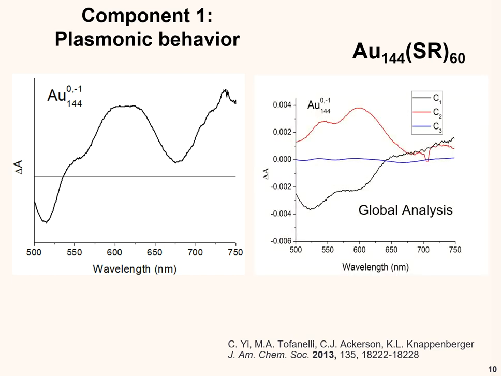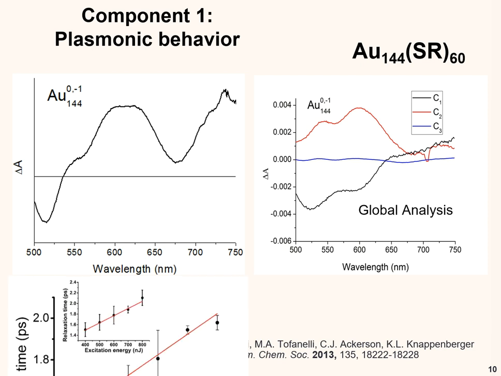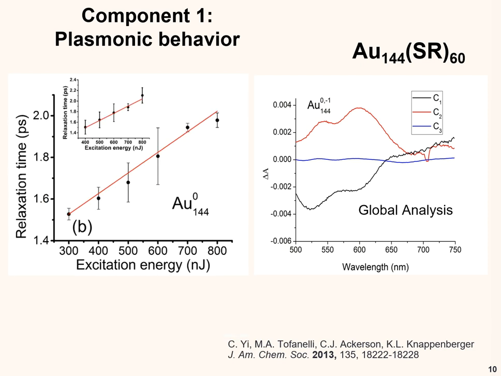For the second part, we have to use a somewhat special method to analyze the data, which I call global analysis. By decomposing the three-dimensional spectra into a few different components, we found three different components, and we can study each component independently to look at relaxation dynamics. The first is the ground state bleach, which is negative, centered at 525 nanometers. We found this component's lifetime is linearly dependent on excitation energy, as I just described. It shows there is a plasmon in the nanostructure.